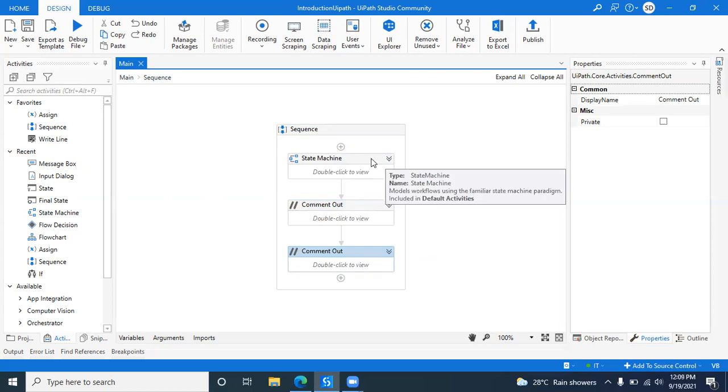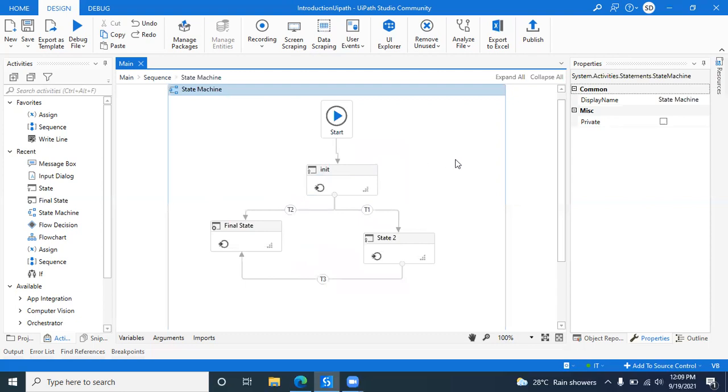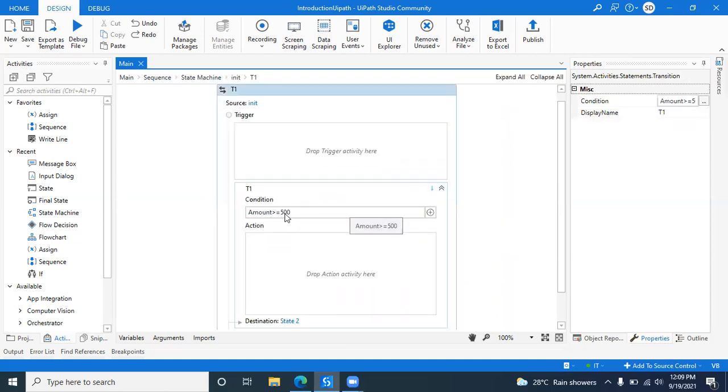Okay. Got it. And if we need to edit the conditions, then we need to click on T1 and T2, right? Exactly. If I want, let's say, in place of amount 400, we can click and just enter 600. Is it a single click or double click? A single click.